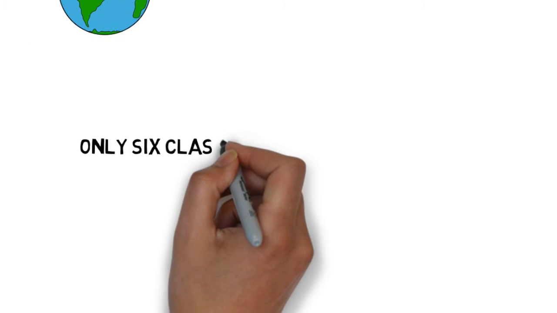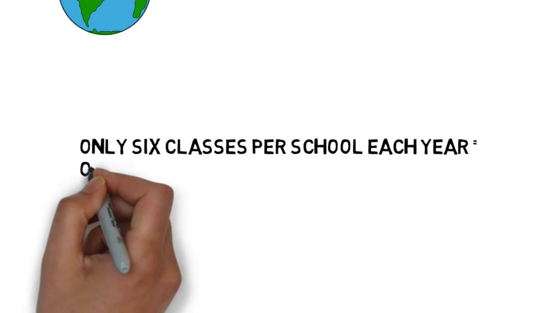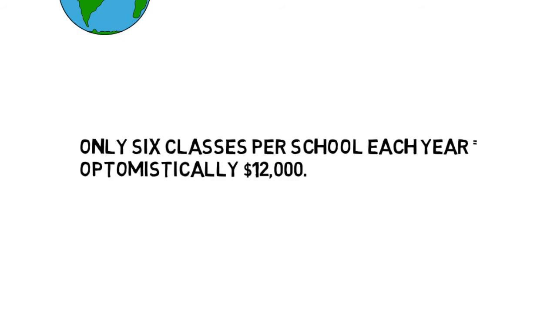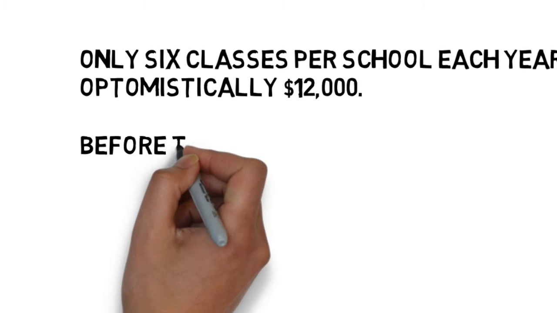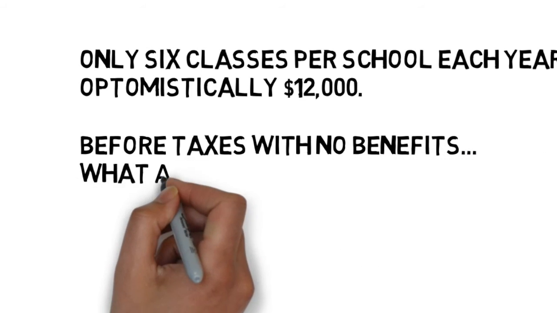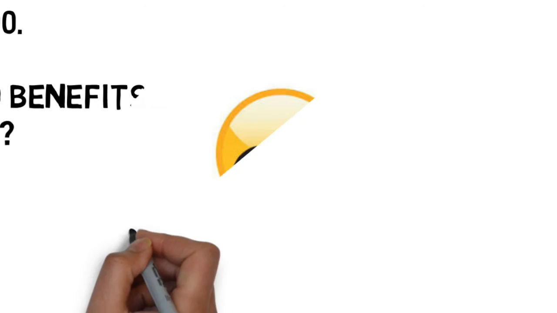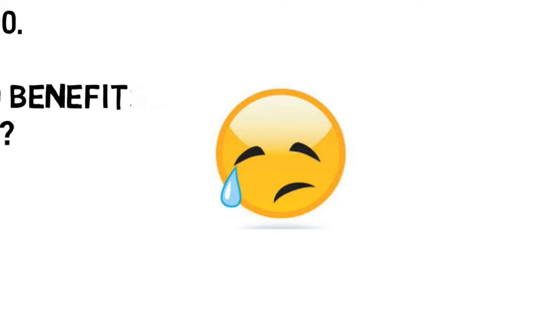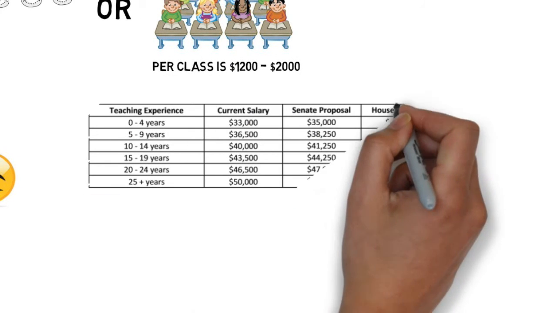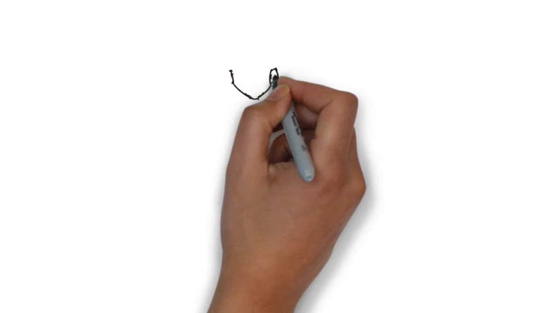Many schools may limit how many classes you can teach per year to six. This means even if you got $2,000 per class, you'd only make about $12,000 for the year, and that's before taxes and without benefits. Yes, you can work at a number of schools, but even with 18 classes, which would be a punishing schedule, for the year that's only $36,000 before taxes.